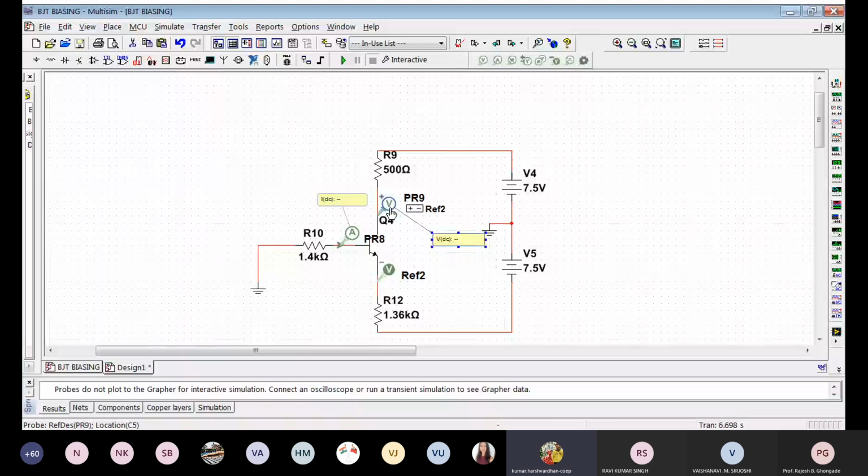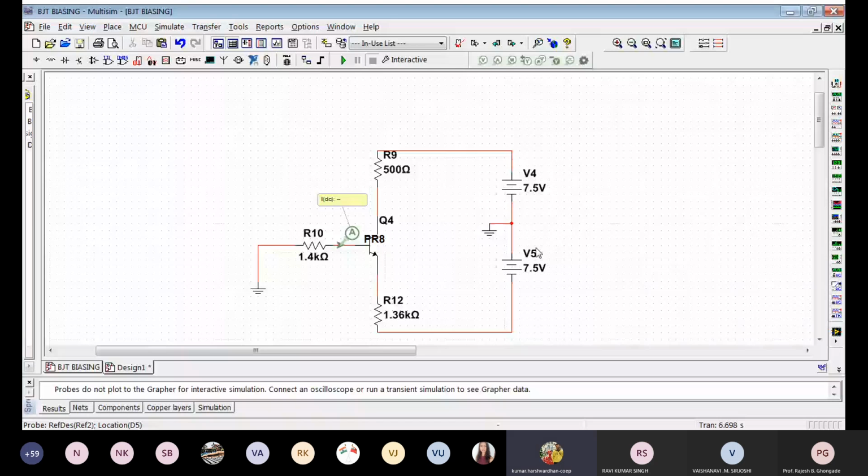Okay, see how I have created a split supply. How do I do that? Take two voltage sources, DC sources, connect them back to back, and the center point is supposed to be called ground. With that, we have already seen the concept of dual power supply or split power supply.